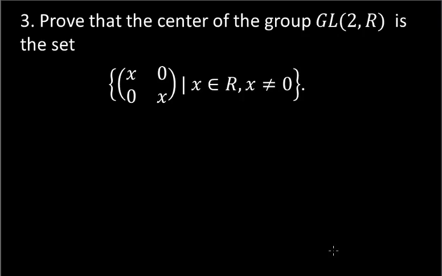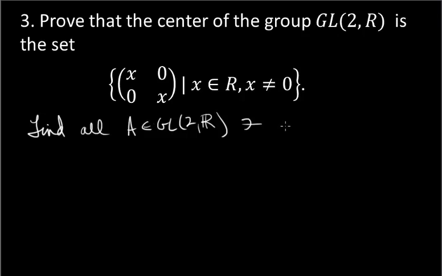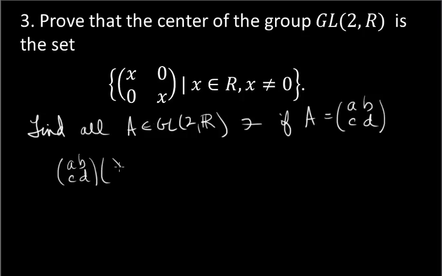Okay, problem number 3, we want the center of the group of matrices with non-zero determinants. So in other words, we want to find all matrices A in GL2R with non-zero determinants such that if A is equal to A, B, C, D, we need to name some entries. A commutes with this matrix here, so A, B, C, D times,